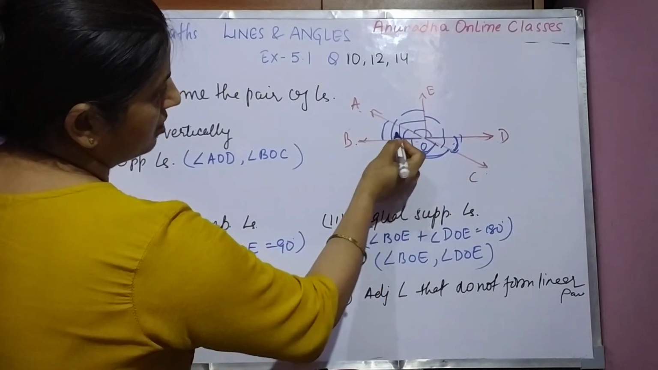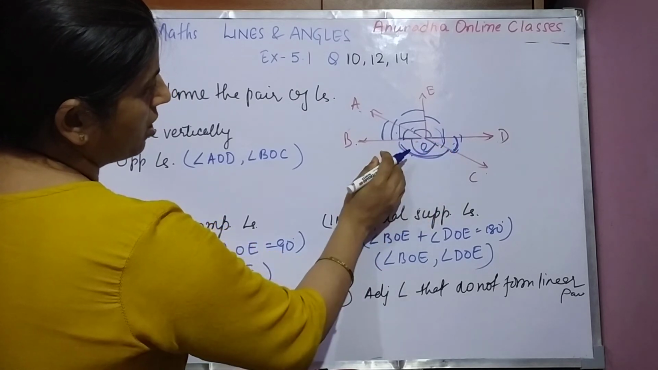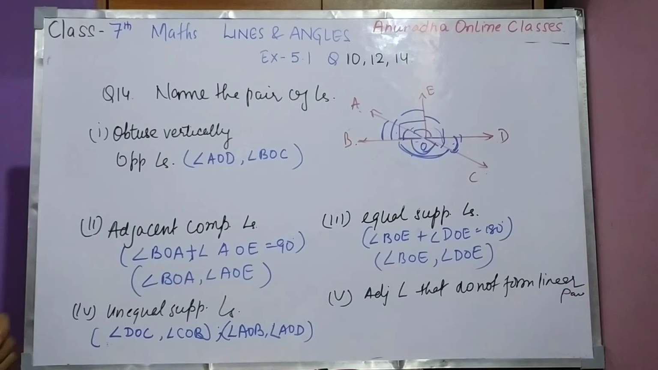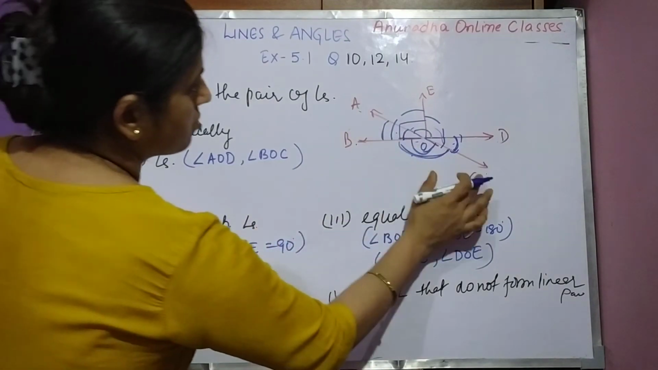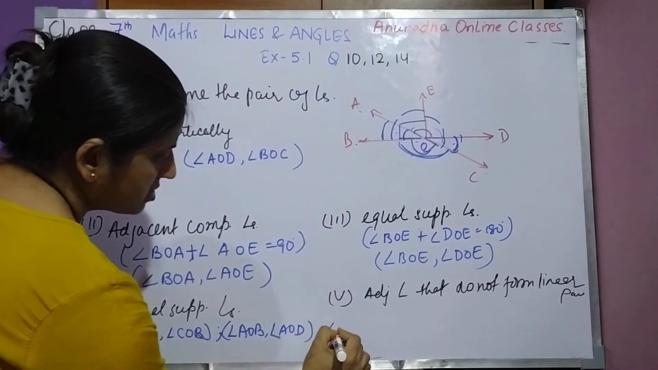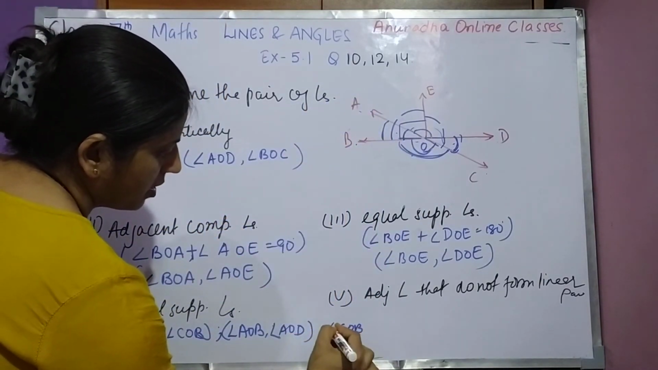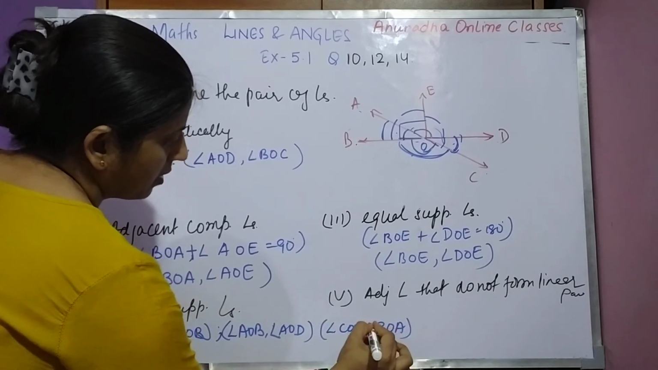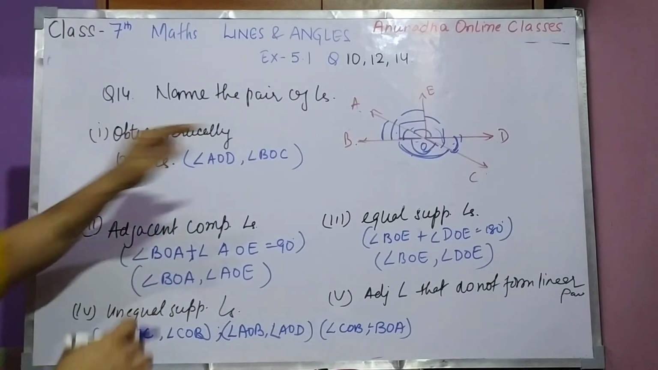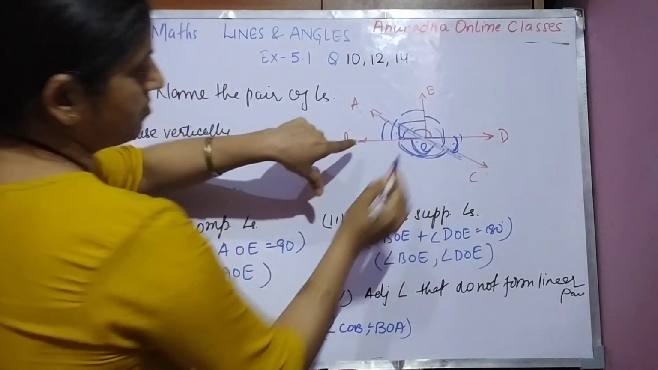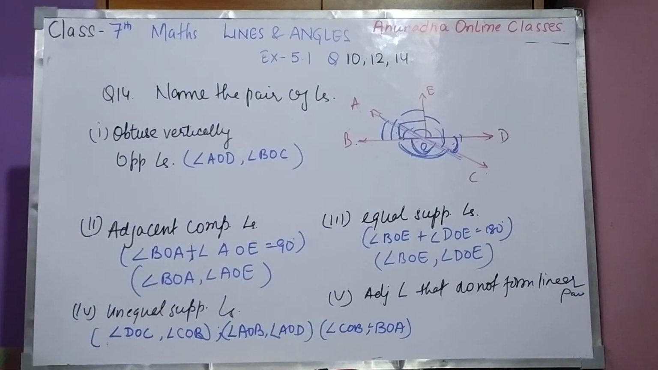And more can be there, this and this one. This one we have done, this and this one we have done. What else can be there? Okay, yes, one more. This is also supplementary, angle COB and angle DOA. Angle BOA. COB, see this one now. This is this one and this one. Okay. So children,